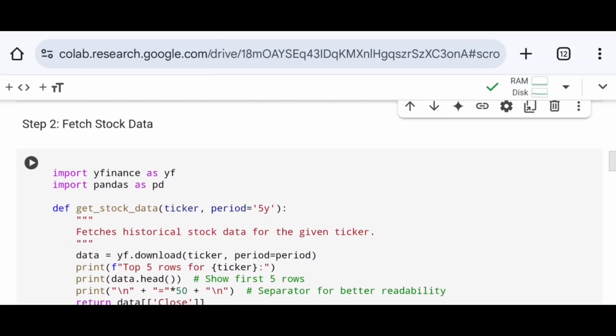So quickly I will move on to the next step, where I fetch the stock data first. For this I import yfinance as yf, which is a Python library that allows fetching historical stock market data from Yahoo Finance. Next I import pandas as pd, which is a powerful data manipulation Python library used for working with